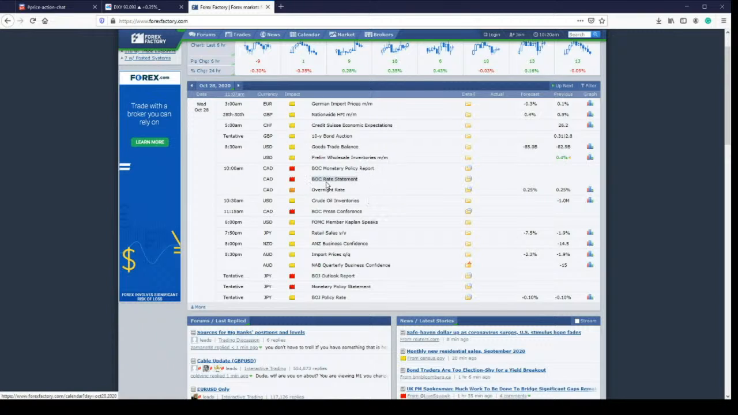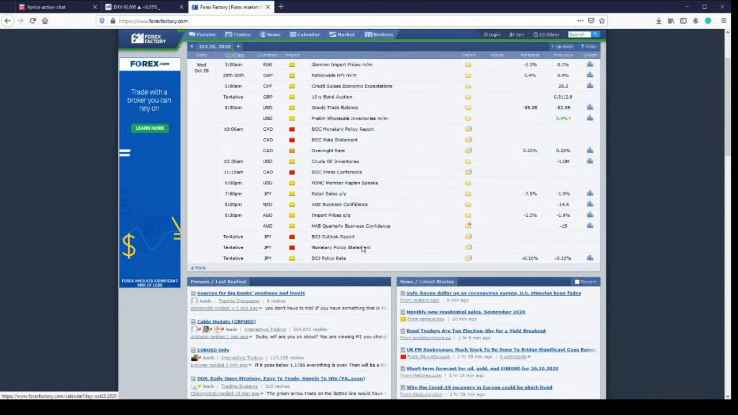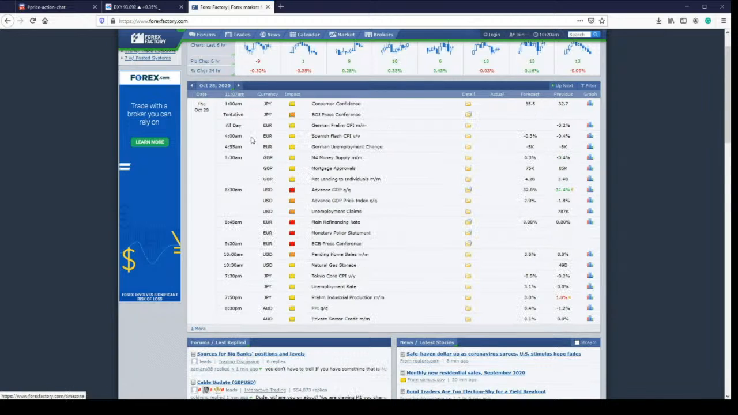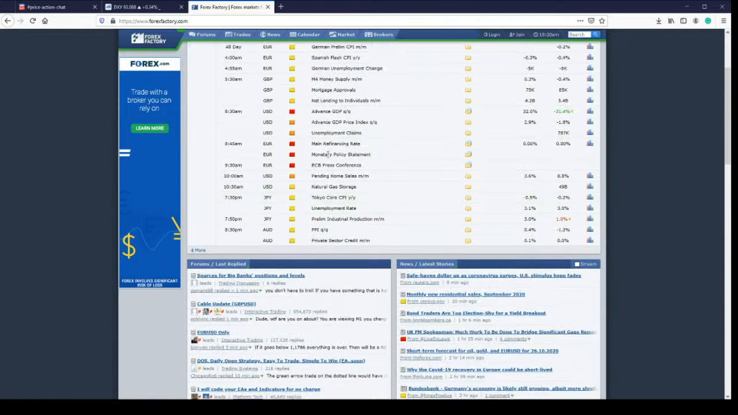Bank of Canada rate statement, I don't think they're going to change from 0.25%. We also have the monetary policy for the yen. I think they're going to keep theirs the same. USD on Thursday, advanced GDP is expected to go up a bit higher. So keep that in mind. And actually, for both events, there is no prediction for the unemployment claims, so keep that in mind. And we also have the ECB this week with the same interest rate. So it's a pretty news-packed week,